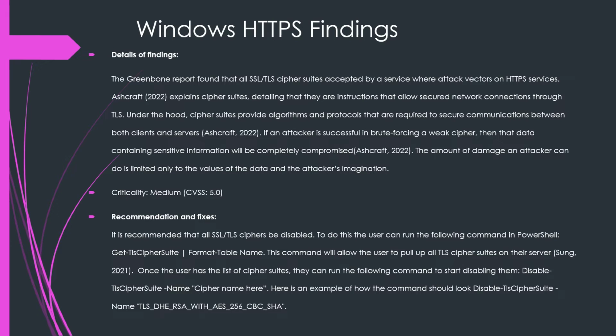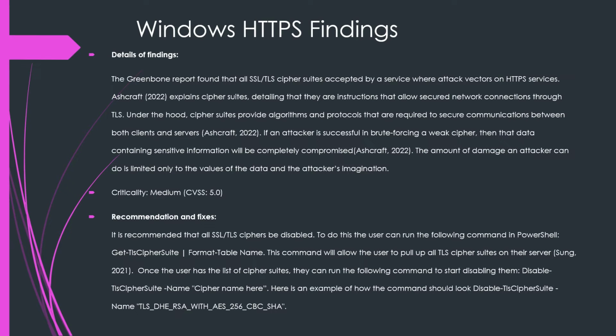Windows HTTPS findings. The Greenbone report found that all SSL and TLS cipher suites accepted by a service were attack vectors on HTTPS services. Ashcraft explains cipher suites, detailing that they are instructions that allow secure network connections through TLS. Under the hood, cipher suites provide algorithms and protocols that are required to secure communications between both the client and